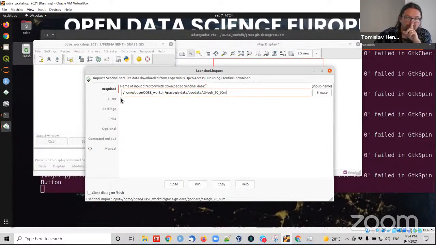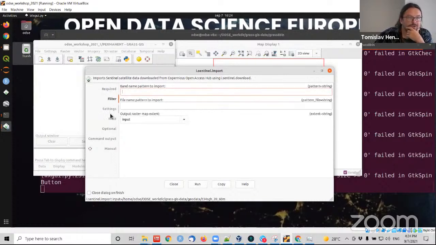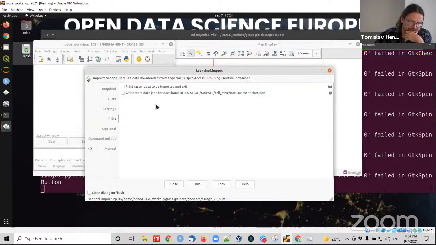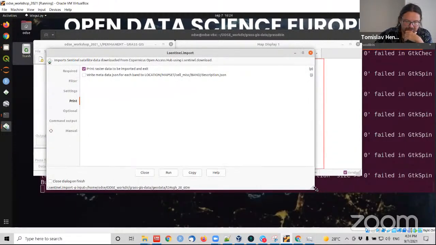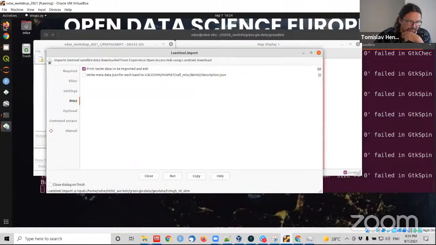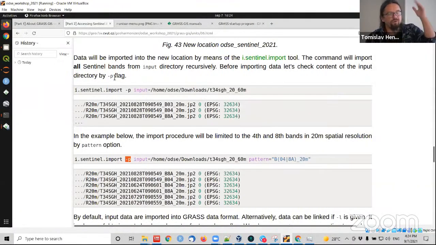Okay, but I will not run it, because first I want to check what is inside, how many bands, what is the content. So I go to print, and I will set up the P flag. Maybe this is good to explain that, normally if you follow the GRASS documentation,